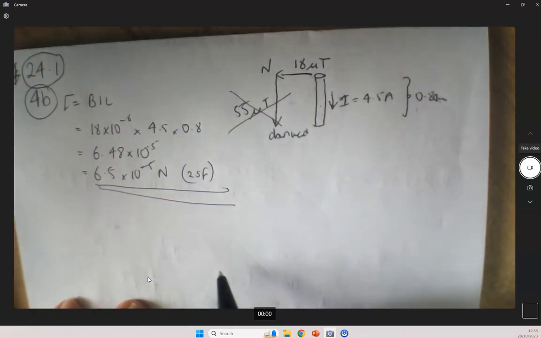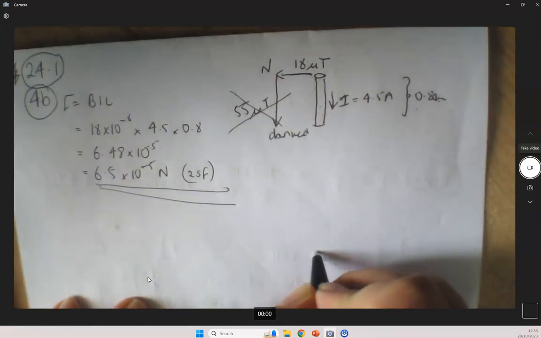All right. Now, the second thing, that's the magnitude of the force. The second thing we've got now is the direction. So, if you can imagine, I'm going to